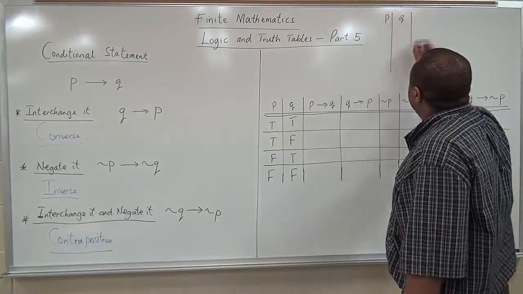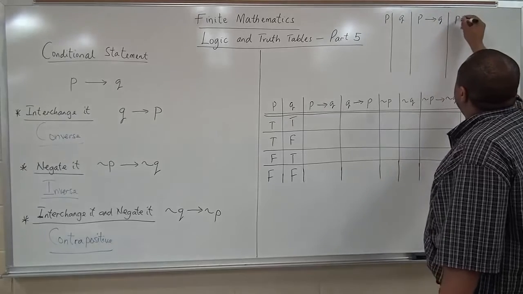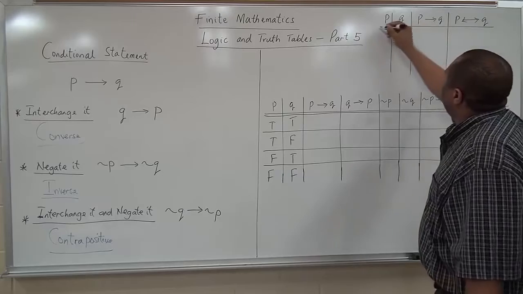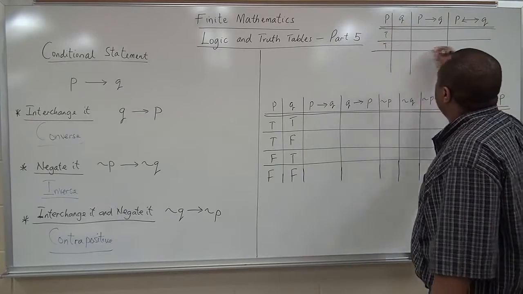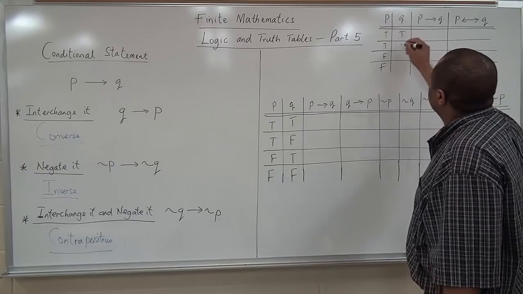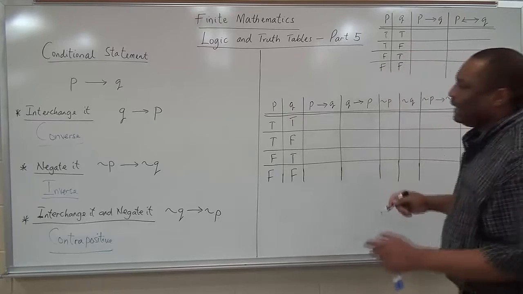We have P, we have Q, we have P implies Q, we have P if and only if Q. This is the biconditional. Now, if you can recall what we did earlier on in the previous video, true, false, we used the case of